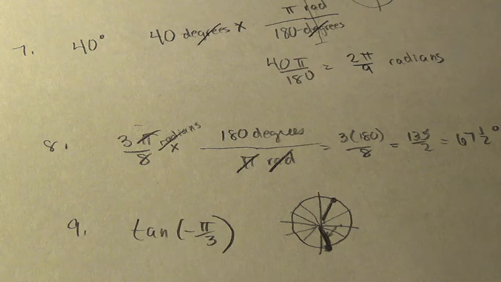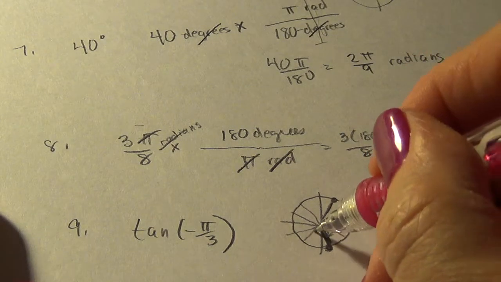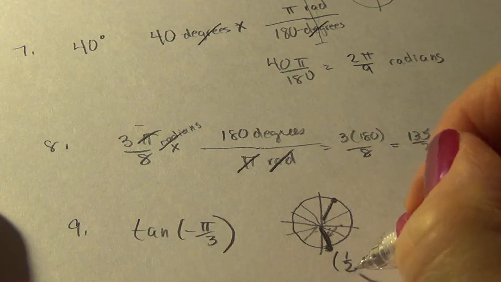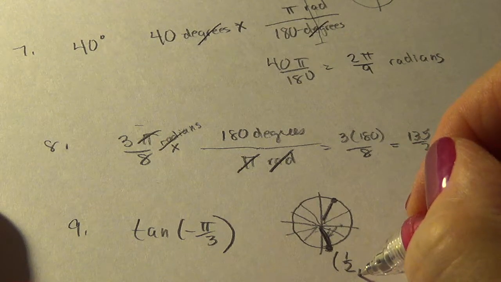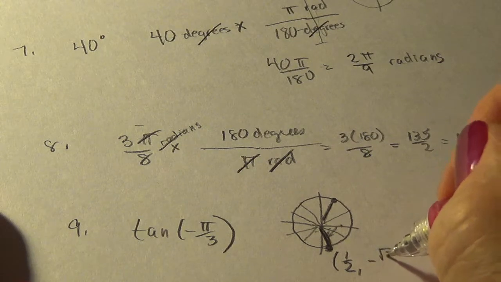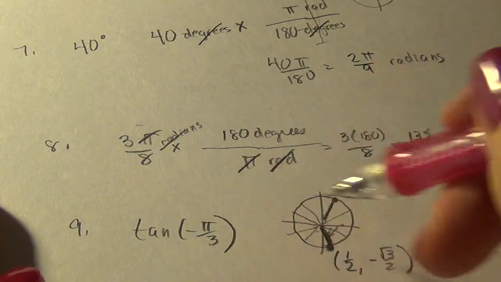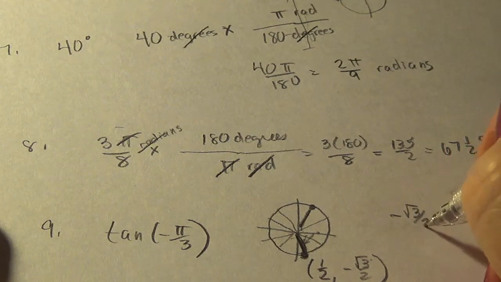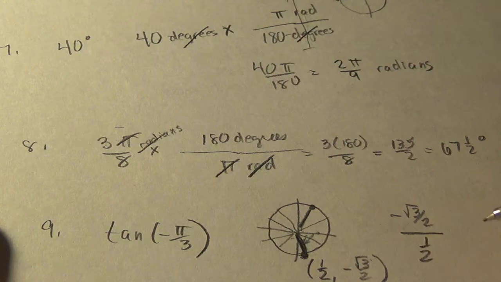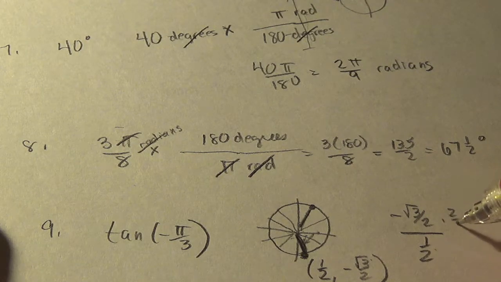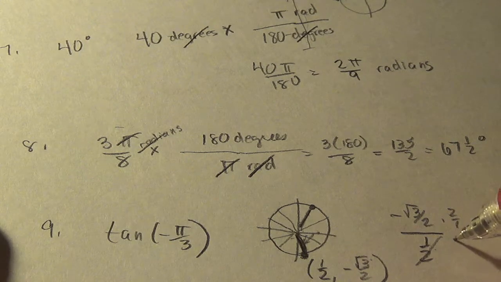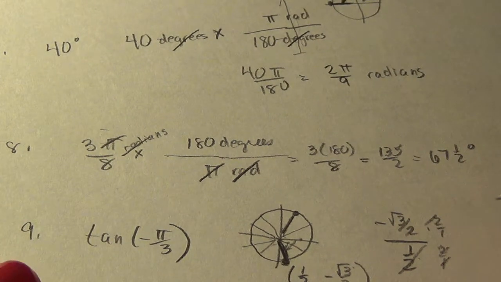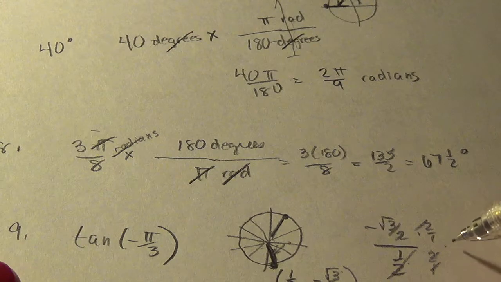And I need to know the coordinates there. So this is over the short and down the long. So over 1/2 and down negative square root of 3 over 2. Tangent is the second divided by the first. So we flip and multiply, and we get negative square root of 3,